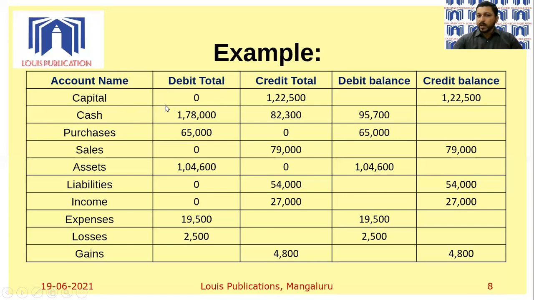So when I'm going to the next slide, I just want you all to focus on these particular numbers. That's all. Only on the debit and the credit total. Forget about the balance. When we are going to the balance method, our focus will be on the balance columns only, the last two columns. And when we are talking about both total and balance method, we will take all these four amount columns.